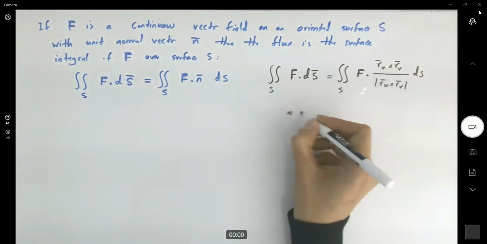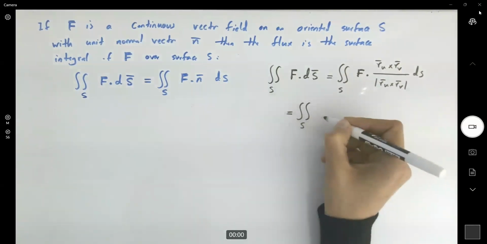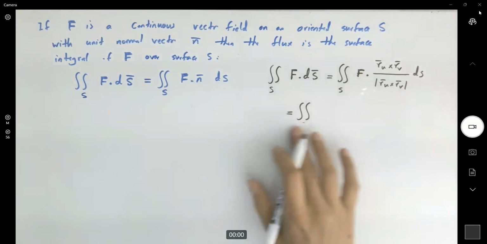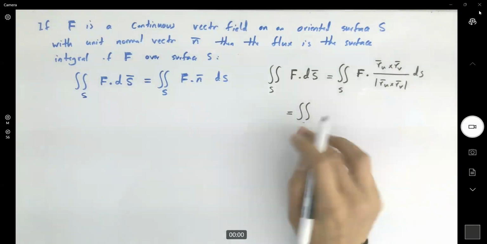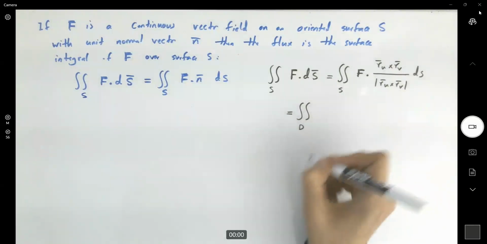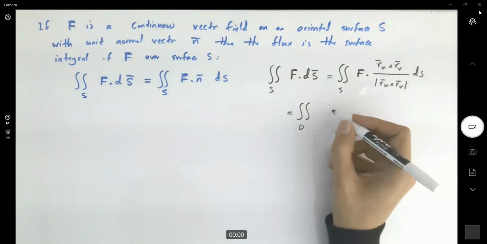Let's just convert the whole thing into u and v, substitute the whole thing. So now we're going to take the integral over the region of,